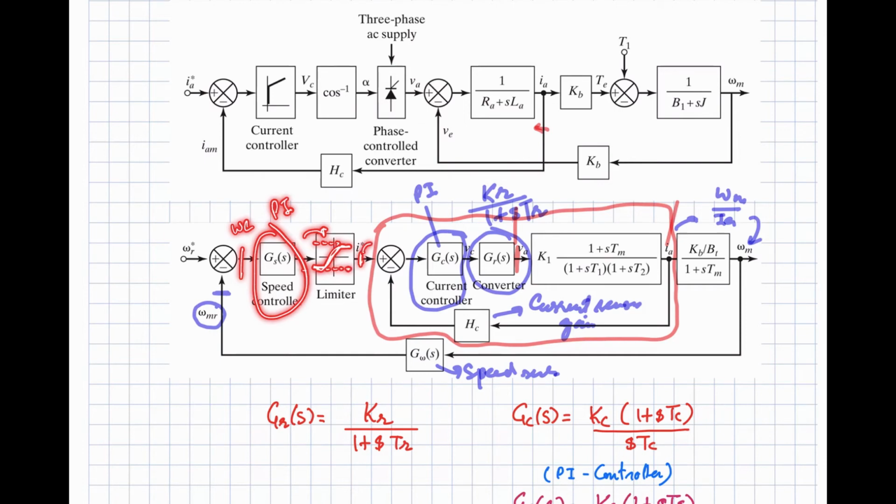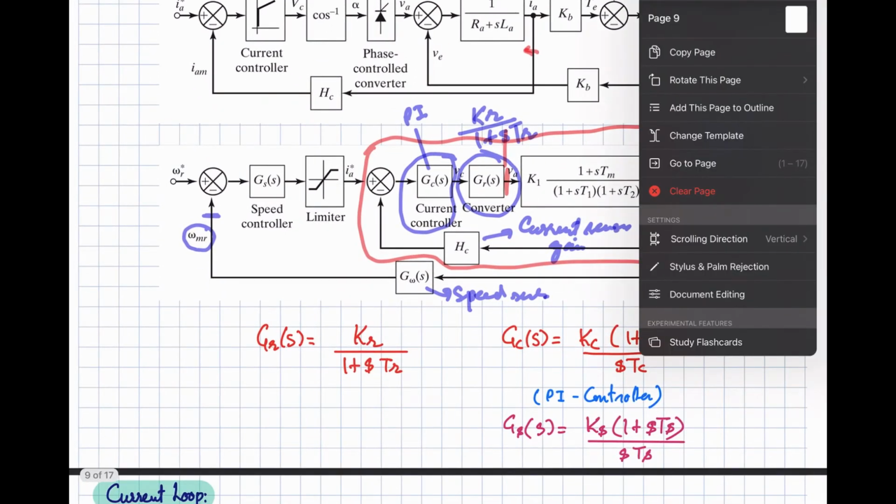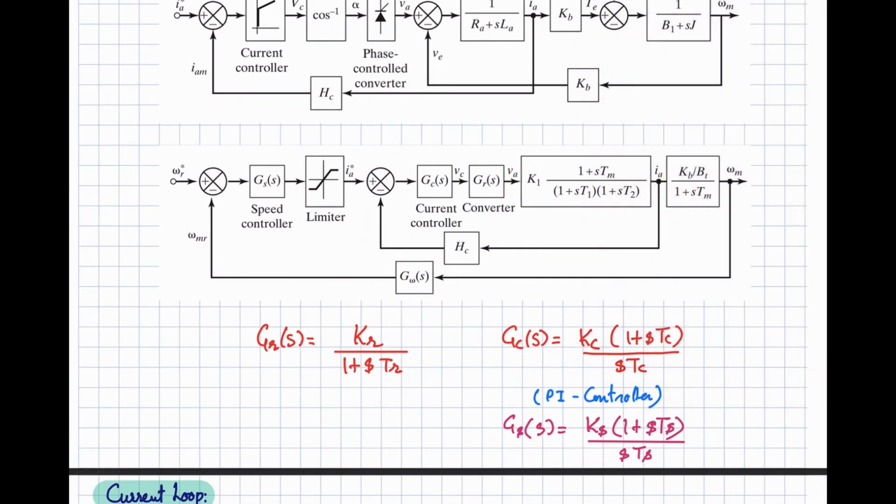The reference current will be given to this loop, and this loop will adjust that current with the help of the current controller. The current controller will decide about the control voltage, and that control voltage will be realized in terms of the actual voltage at the machine terminal. So over here, the converter transfer function is given by this equation, and the current controller and the speed controller are given by these equations. These are simply the PI controllers.